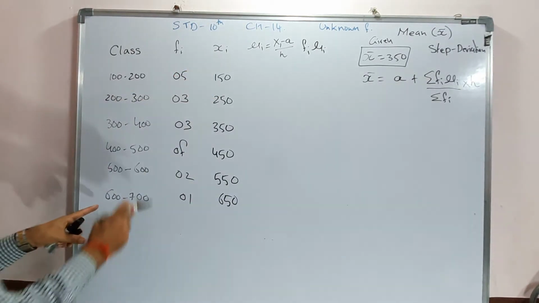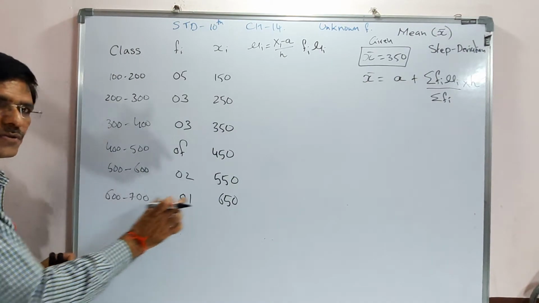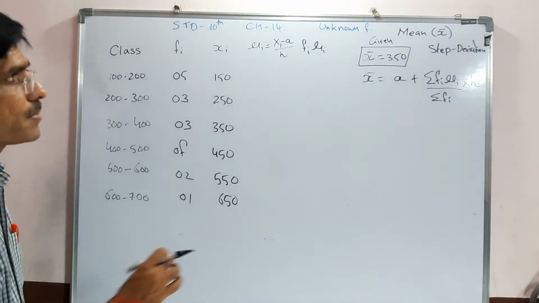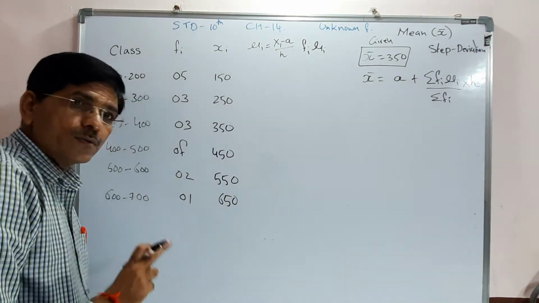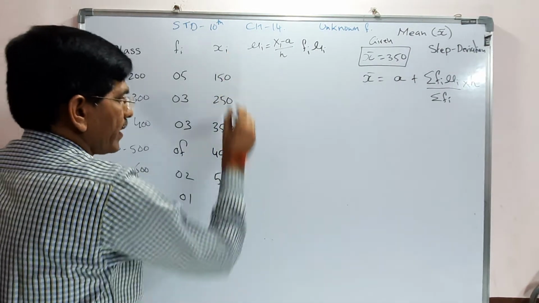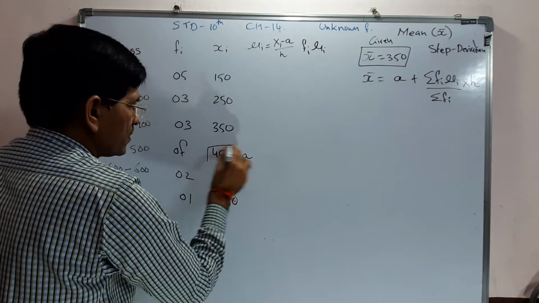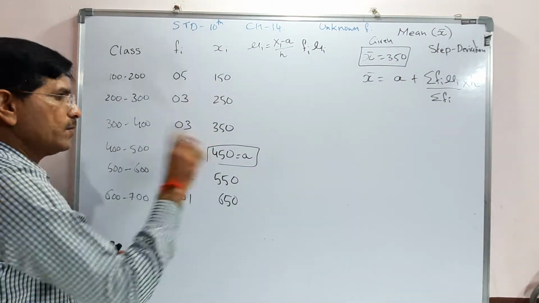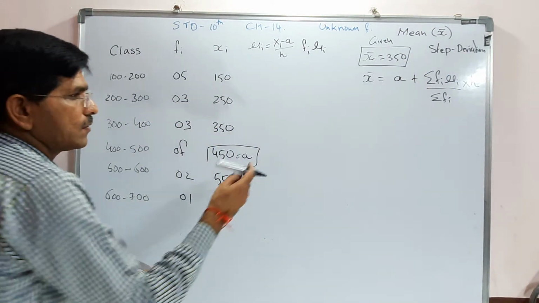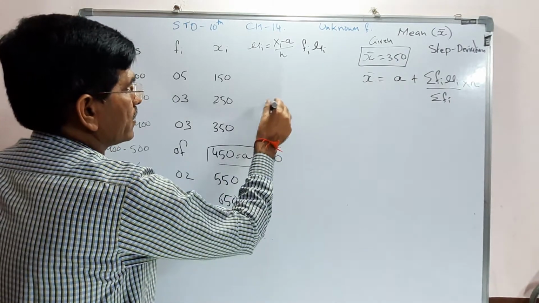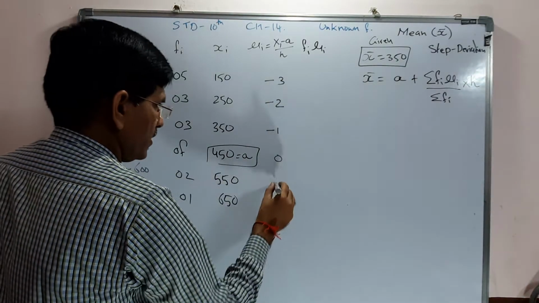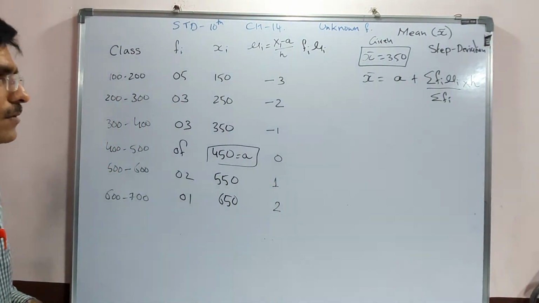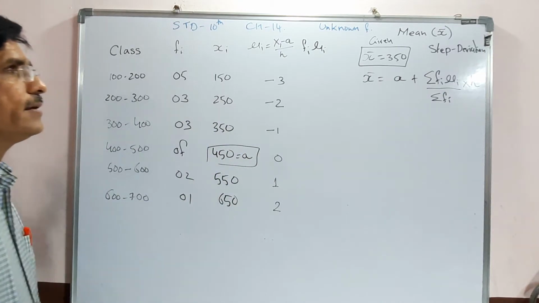Xi must always be between your class limits. That is, between 600 to 700 it is 650, and between 500 to 600 it is 550, for checking purpose. Now for ui, where the frequency is unknown, we put a from xi, because the frequency is unknown; the same xi we always take as 0. Now we put here 0, minus 1, minus 2, minus 3, 1 and 2.